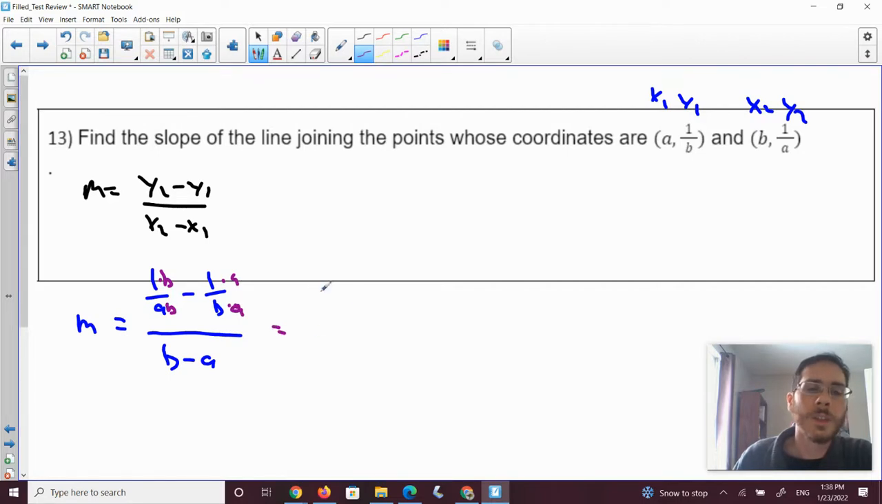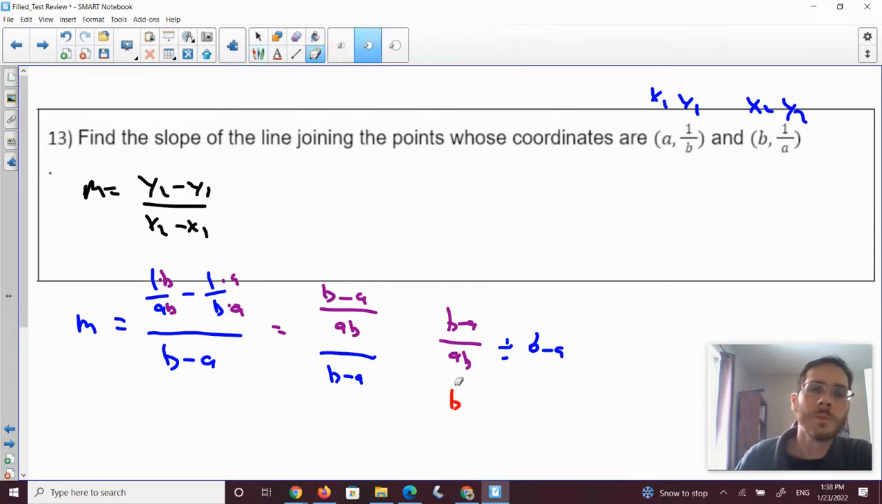So our slope is going to become b minus a over ab divided by b minus a. All right. Well, since we're dividing, we have to remember that could be the same thing as saying, let's do b minus a over ab divided by b minus a. So that's b minus a